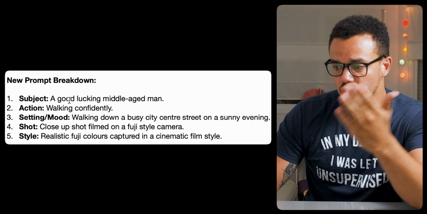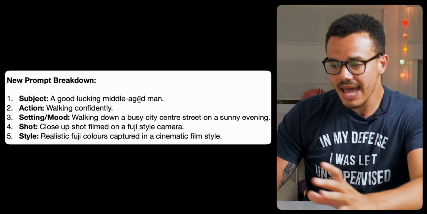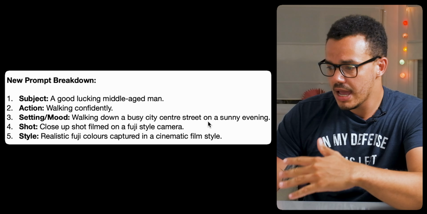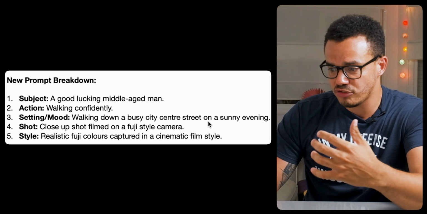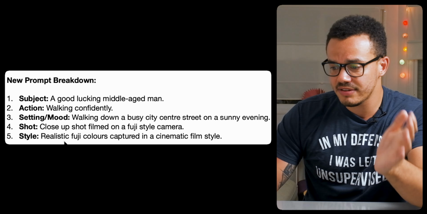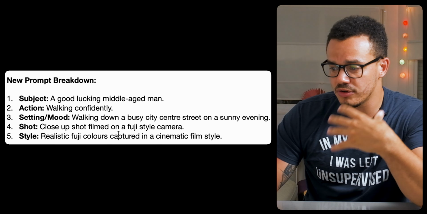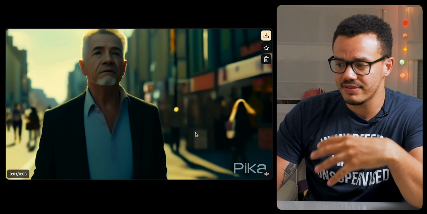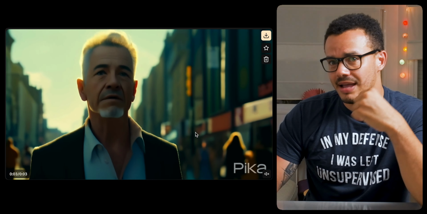The subject, a good looking middle-aged man. The action, walking confidently. The setting and mood, walking down a busy city center street on a sunny evening. The shot is a close-up shot filmed on a Fuji style camera, and the style is realistic Fuji colors captured in a cinematic film style. Which, again, you could say is a little bit muddy-ish, depends what you want. That's down to the AI